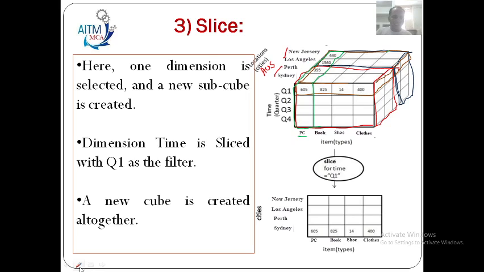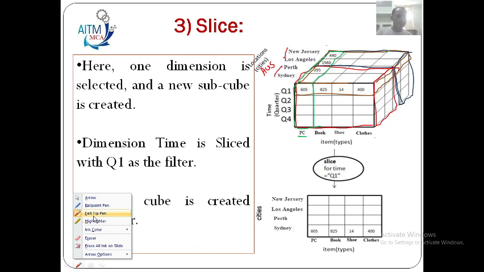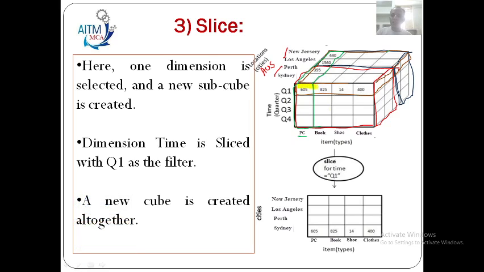Otherwise, if you do the slice in this, where is this? Like this, okay, see in this way, only this part, this part, then you will get first quarter information. If you remove this, see here now,